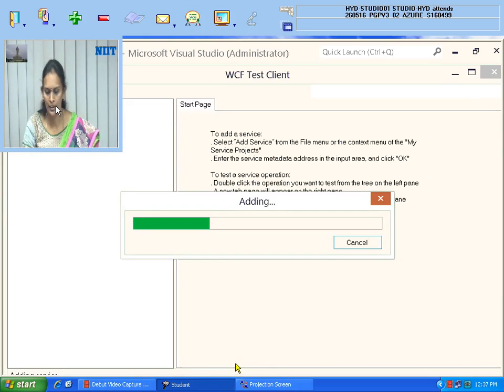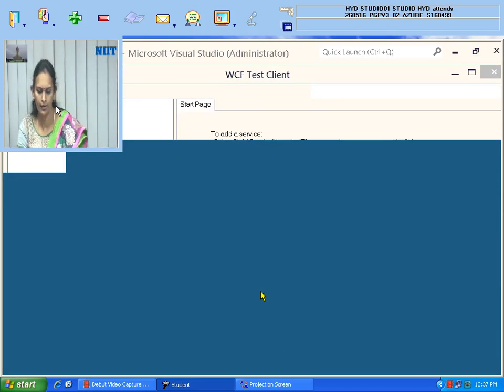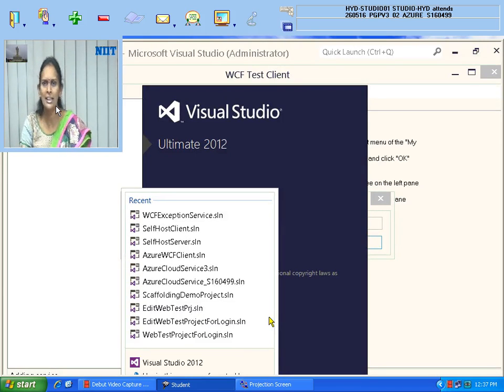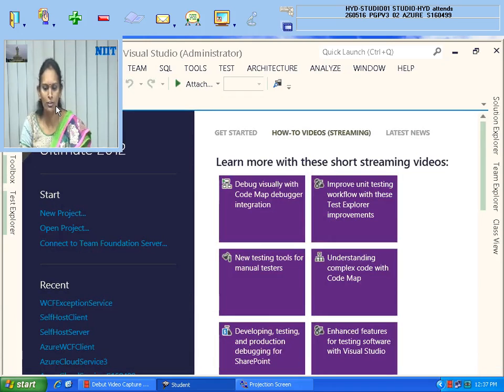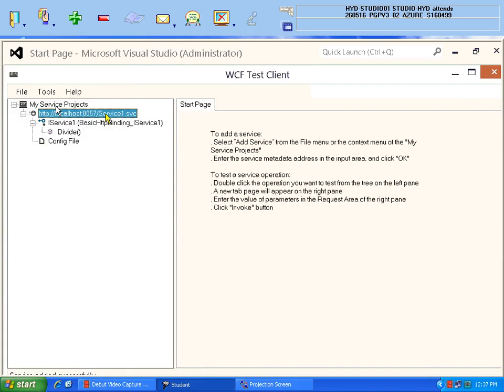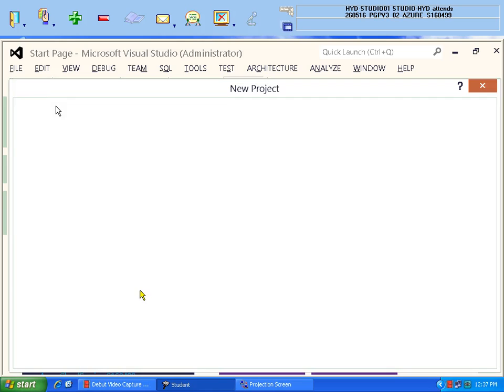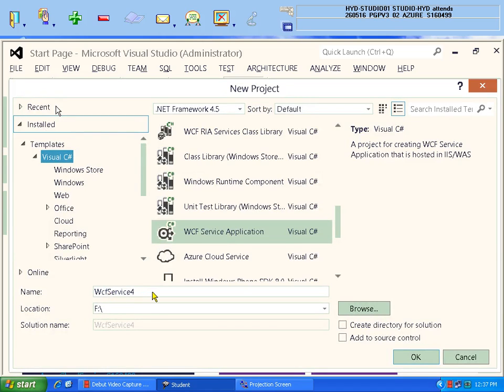Meanwhile, I'm opening another Visual Studio for the client application, because all this I told you, this demo I told you in the last class. So I'm hiding my view for a while because this is in the first demo. I directly copy the address, I said copy address, close it. Go to our application, the client application. WCF exception client.